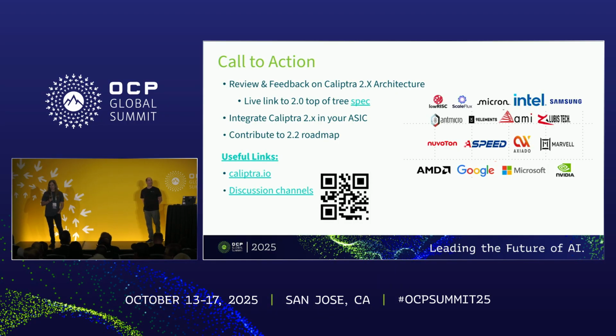We have been working with Caliptra for multiple generations, starting from 0.8, 1.0, 2.0, 2.1. One thing I see as a missing piece is export control and export licenses. What do you think about this?